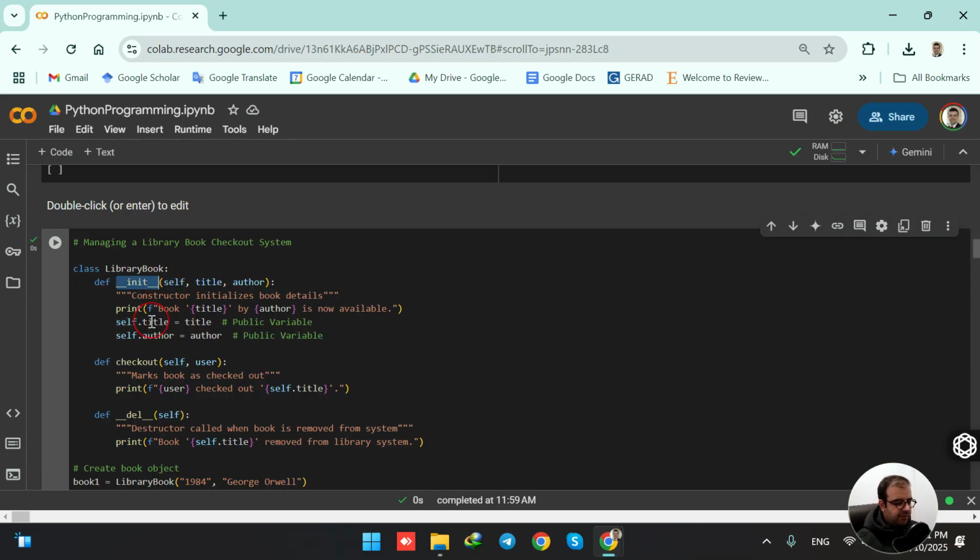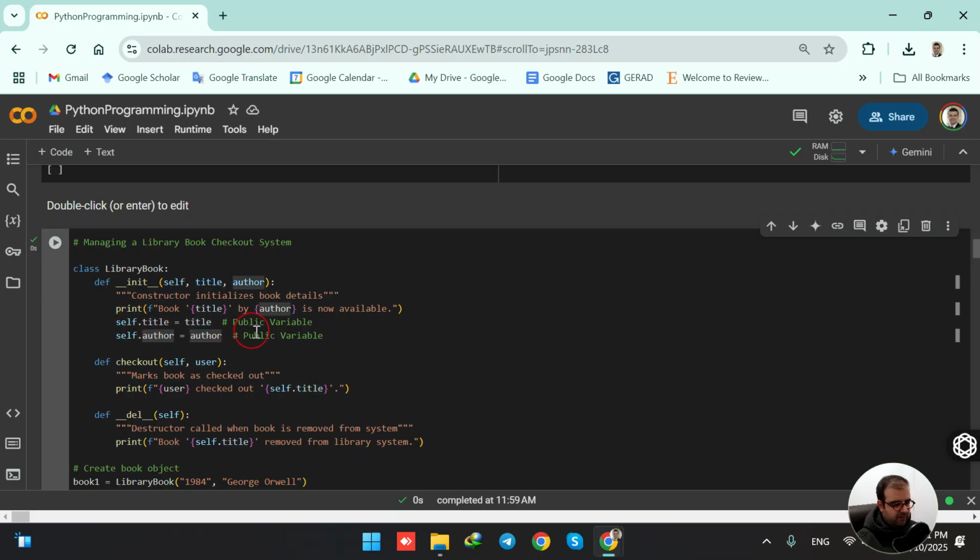And whenever we are creating an object of the LibraryBook class, this constructor is automatically called, and then this message is shown: Book, then the title by author is now available. And then we are assigning these two arguments that are passed to the constructor to self.title